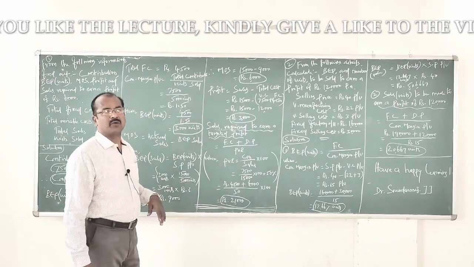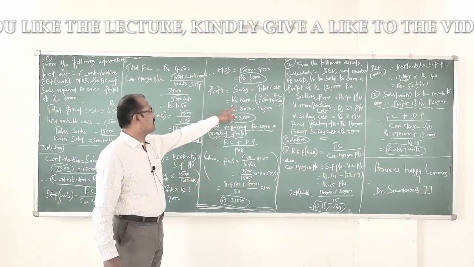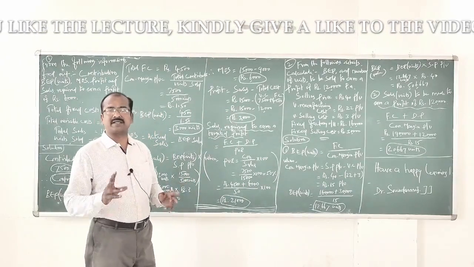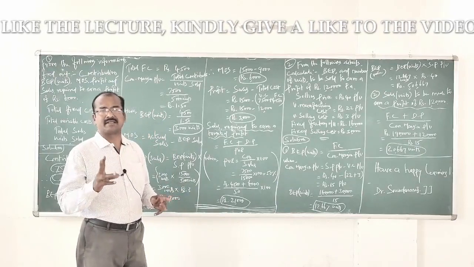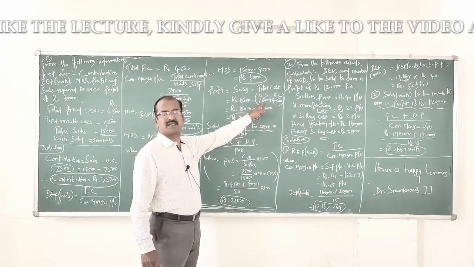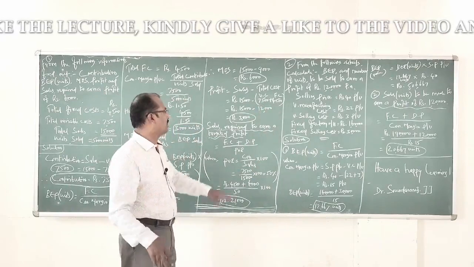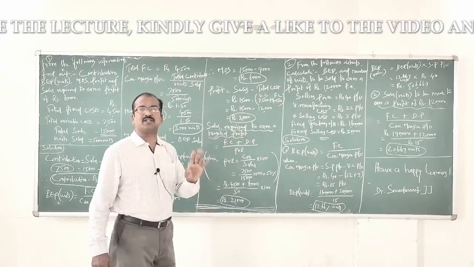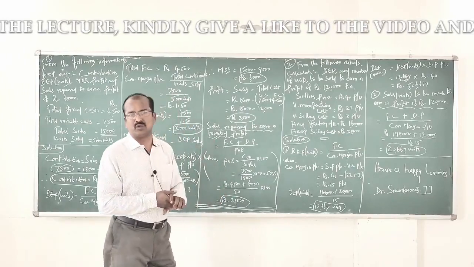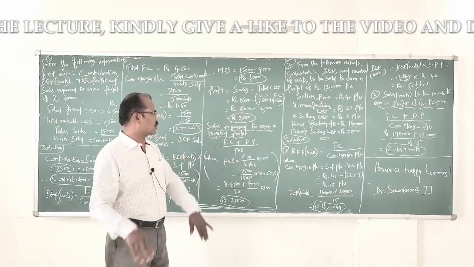And the next one to be calculated here is profit. How to calculate profit? Sales minus total cost will give us profit. We know sales amounts to 15,000 minus total cost. Total cost consists of two costs, that's nothing but fixed cost and variable cost. Variable cost is 7,500, fixed cost is 4,500. They are directly given in the problem. Therefore, what is the answer? 3,000 rupees is the profit. So when this concern makes a turnover of 15,000 rupees, it is earning a profit of 3,000 rupees.